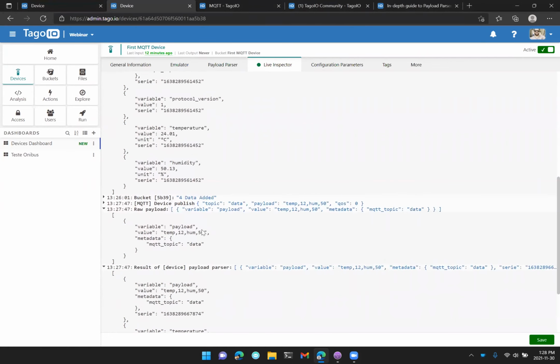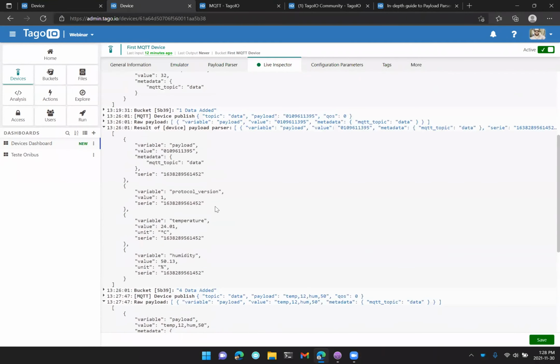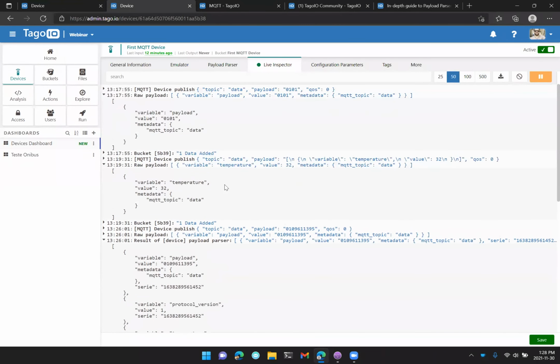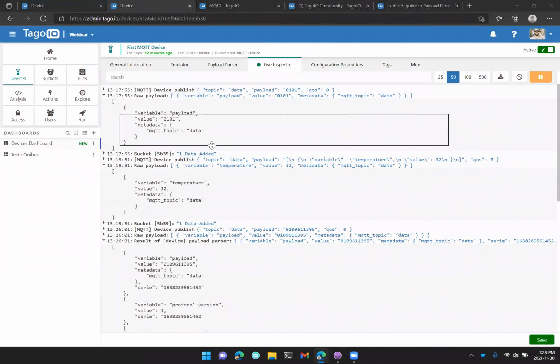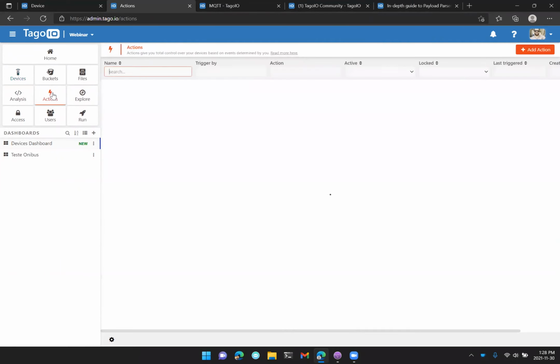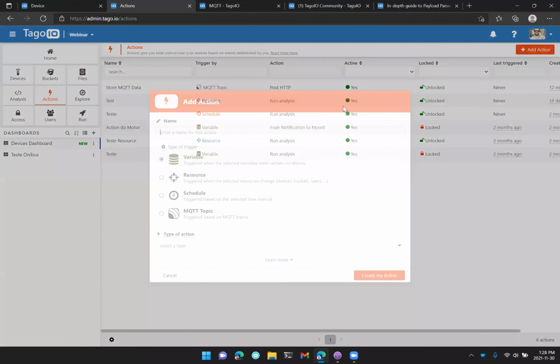And uplink, of course, should be a very quick thing to do. But in some cases, we do have the downlinks when we want to communicate data to our device. And for downlinks, we actually need to use actions or an analysis to do that. So doing an example with action, we can create an action here,